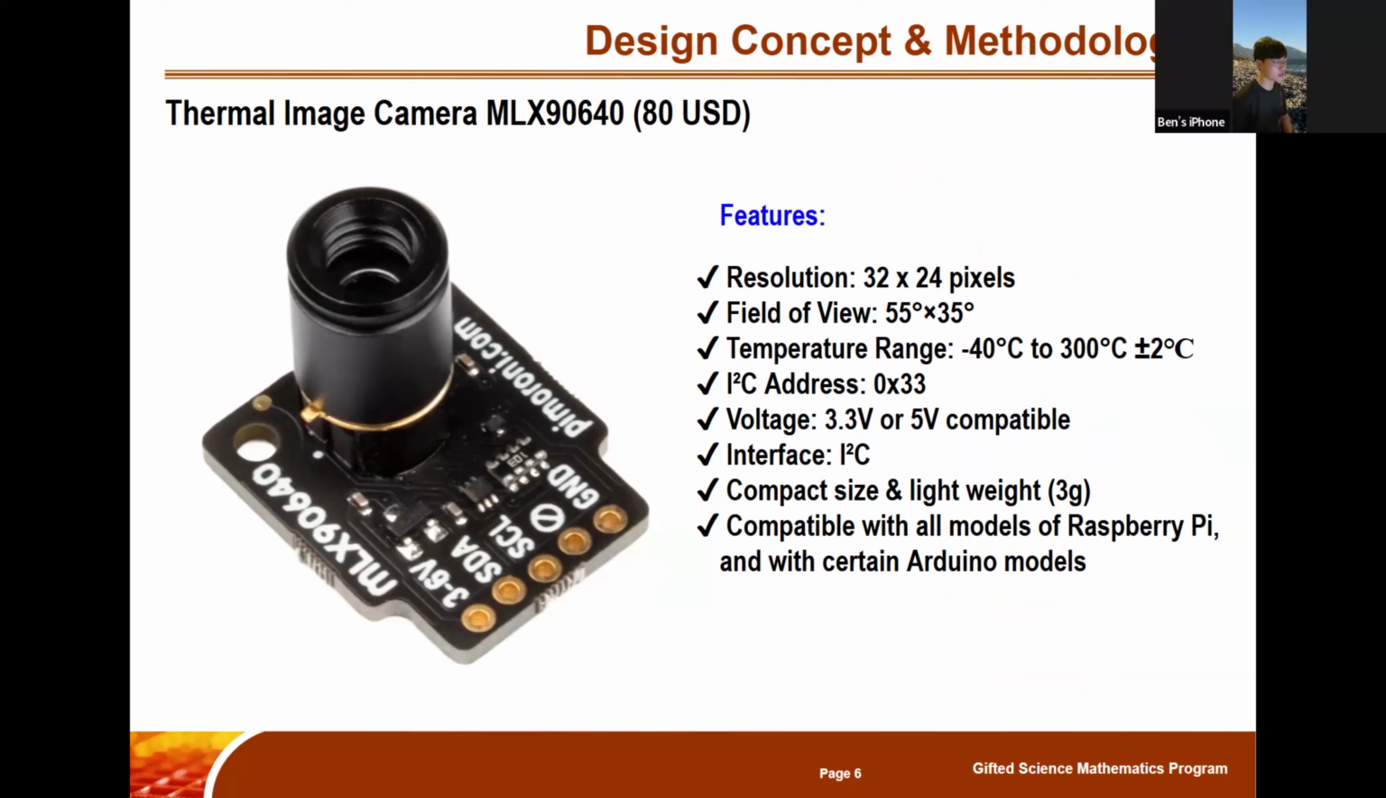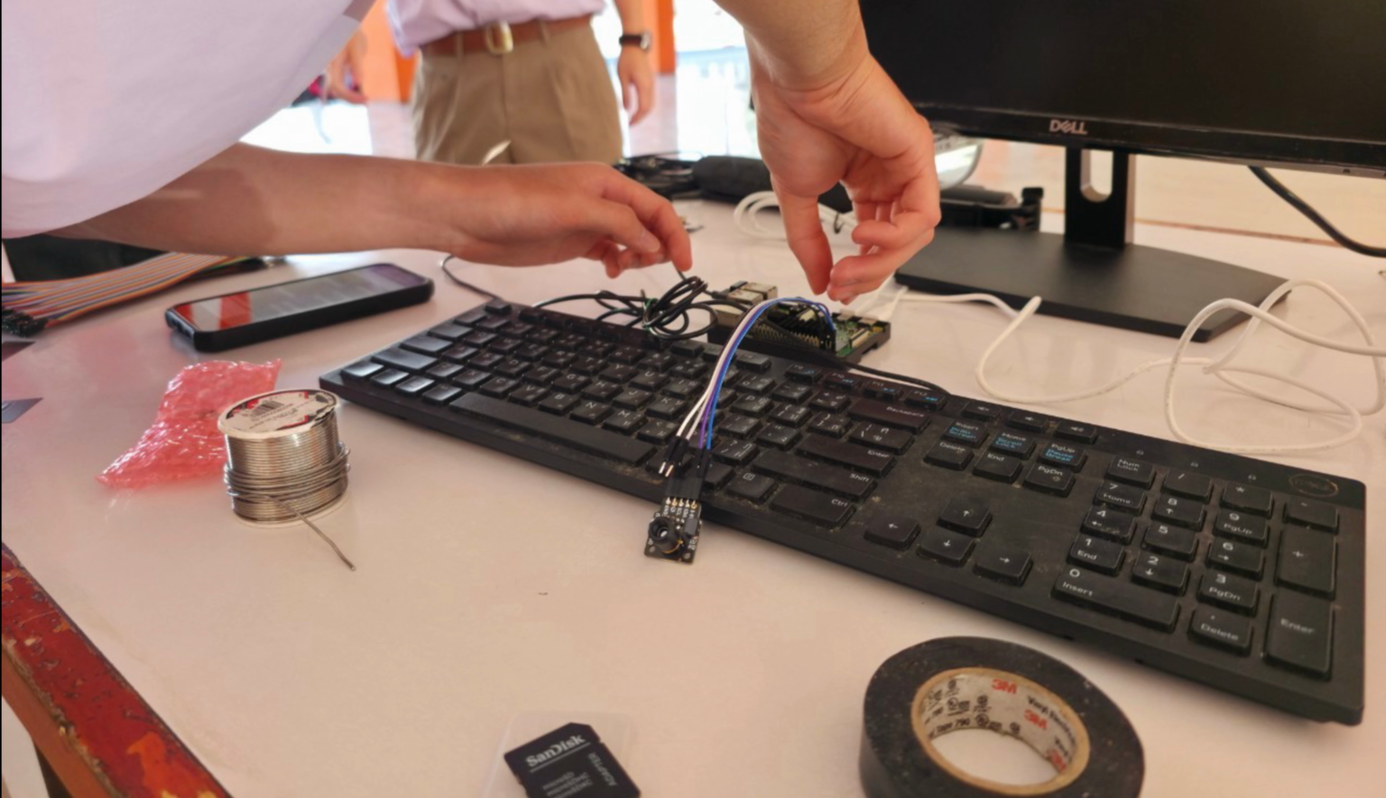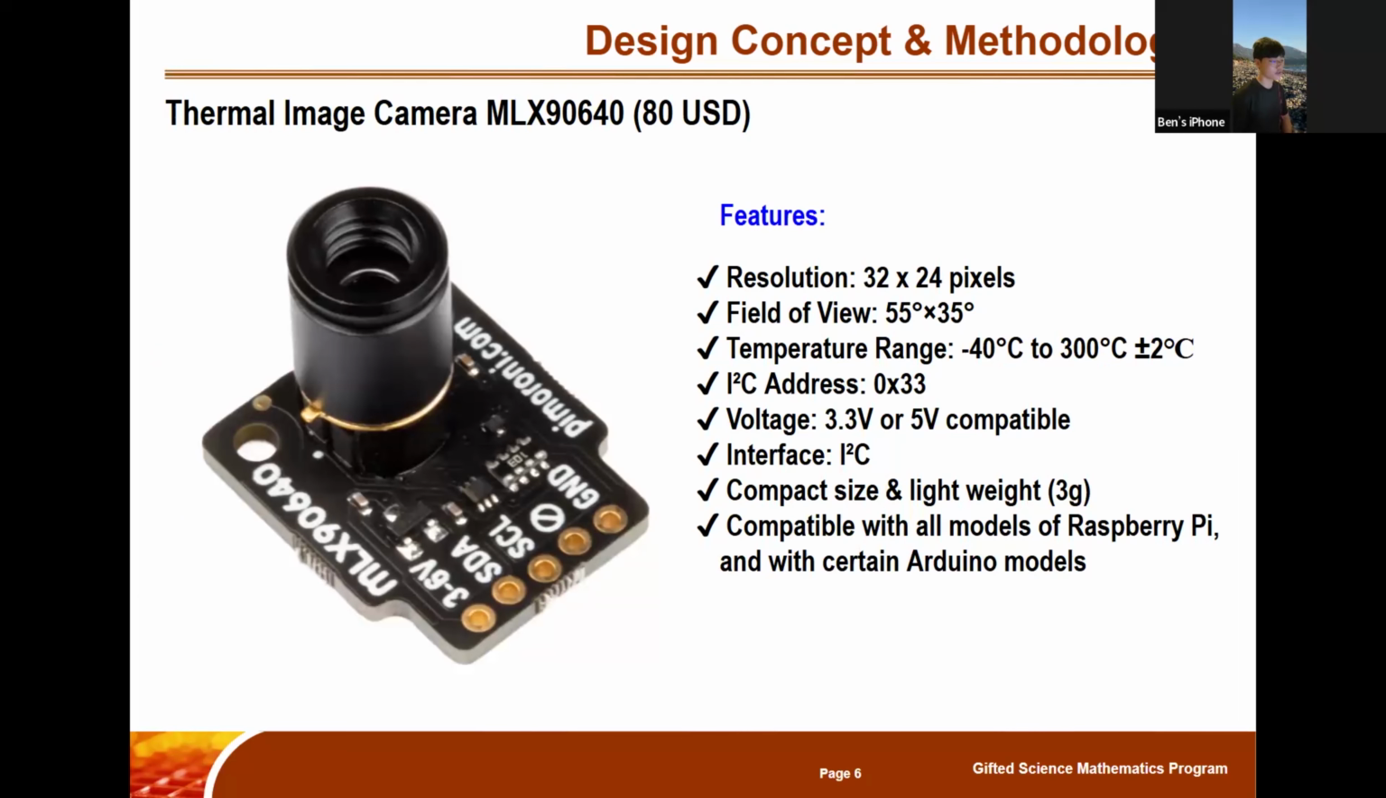For the thermal image camera, we use the MLX90640 in our project. The reason we choose this sensor is because it's low cost at around $80, and the compatibility with Raspberry Pi and also customizability with Python script. The lightweight and small size is a great option for using with our drone. The key features are the resolution of 32 times 24 pixels and temperature range of -40 degrees to 300 degrees